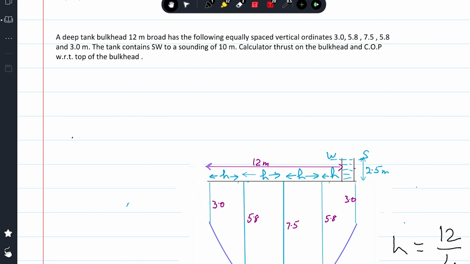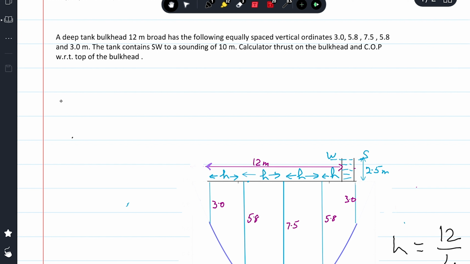So after having explained the working procedure for vertical ordinates, we pick up one question from past MMD papers where vertical ordinates are given and we have to find center of pressure and thrust on the bulkhead. So the question says a deep tank bulkhead